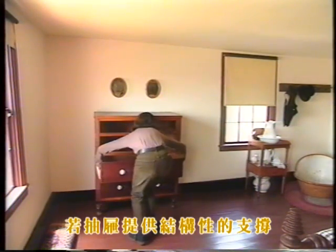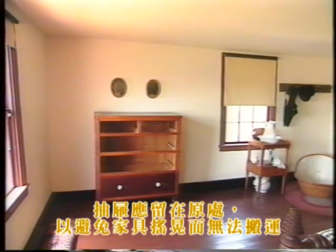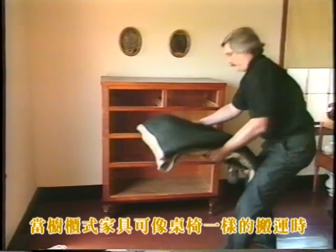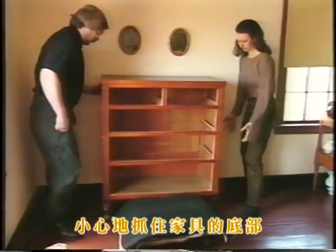If the drawers provide necessary rigidity to the object, they must be left in place to avoid the twisting stresses that are almost inevitable in moving. While the case piece can be moved similarly to tables and chairs, that is, carrying it carefully by